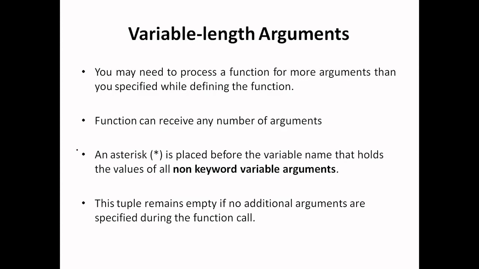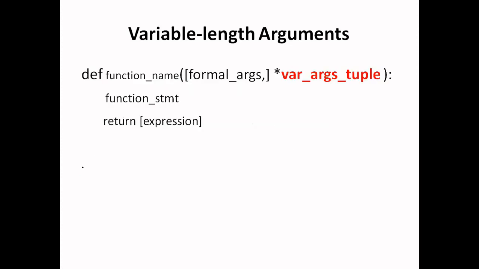The last one is the variable length argument, and it is represented by an asterisk before the variable name. In this case we can call a function by passing any number of arguments. Basically it could be 0 arguments, 1, 2, 3, it is up to you. That's why its name is variable length argument. So let's see an example first.